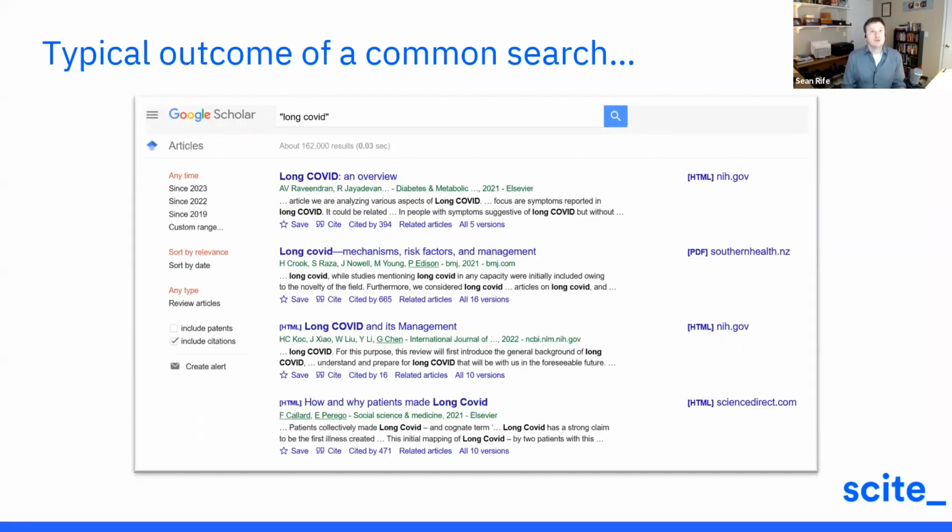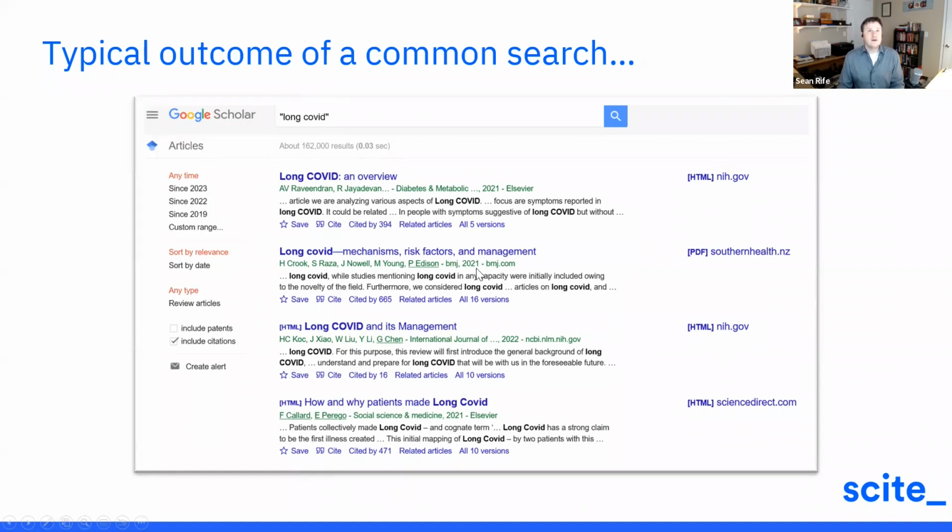Of course, the disadvantage there is that it was only showing me what the highly cited articles for a given search term were. And scite really hopes to go beyond that mere citation count. But this is an idea that has been decades, I think, in the making. Now, if you think about what you get when you do a typical search, this is just a search, for example, from Google Scholar for long COVID. Google Scholar does what it attempts to do reasonably well. And if you search for a term like long COVID, it will show you some relevant pieces of information.